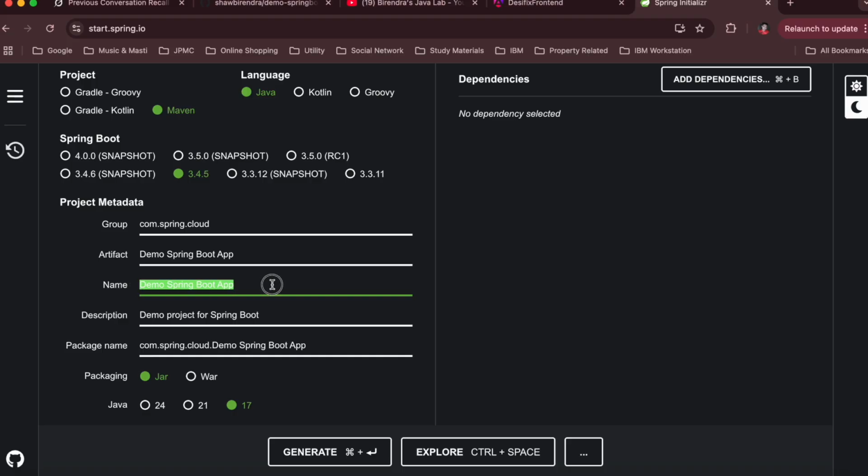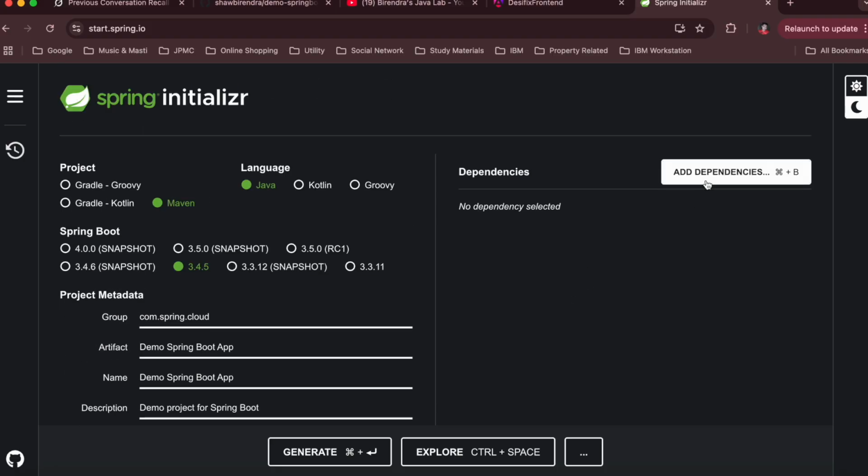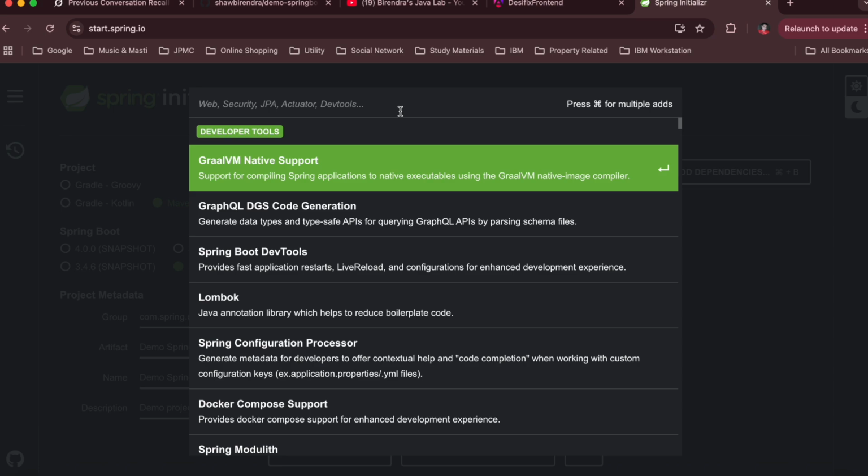Name is the same, description whatever. This is the package by default, but I don't want it up to here, so I will just say com.spring.cloud. This will be our parent folder package name. Packaging, we want jar, and Java version is 17, which we are using.